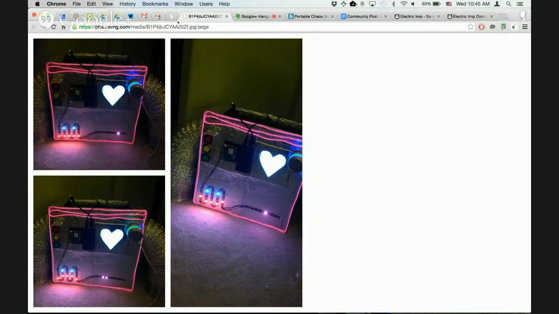And then you can see an imp board sort of in the middle, connected to some NeoPixels and buttons. So it was a really simple project. I think it was like 150 lines of code. When I have some time, I'll probably make some kind of an instructable for this. But it's really just soldering some NeoPixels together, and the imp is great because it's perfect for just-for-fun projects like that, where